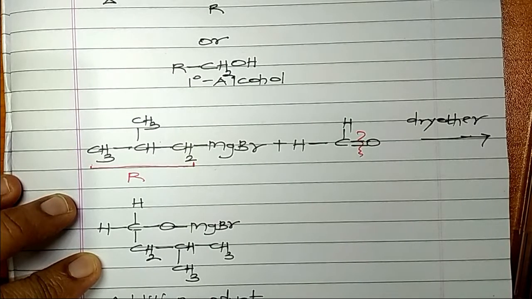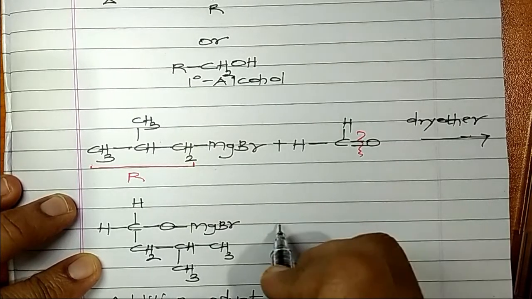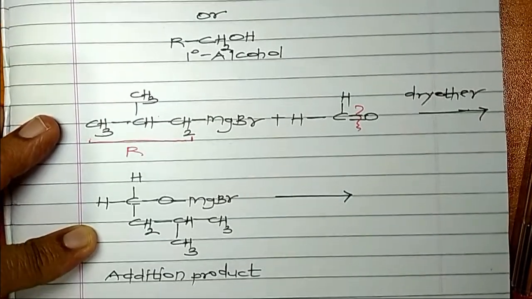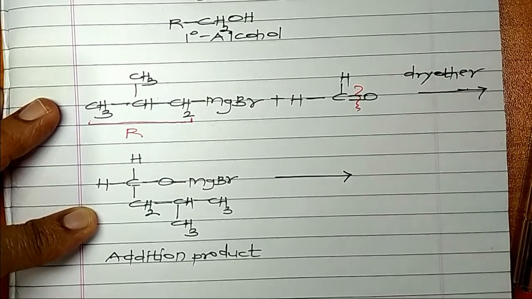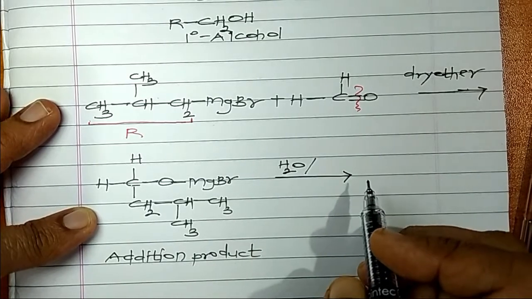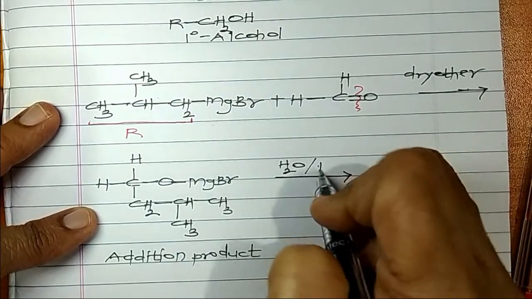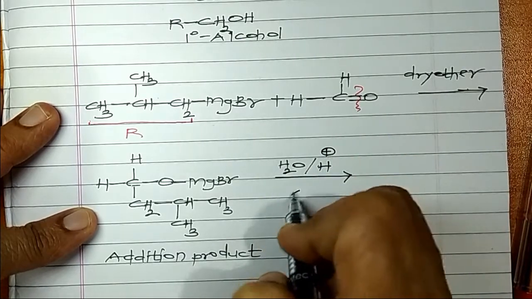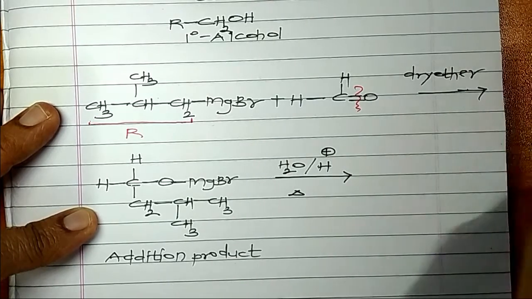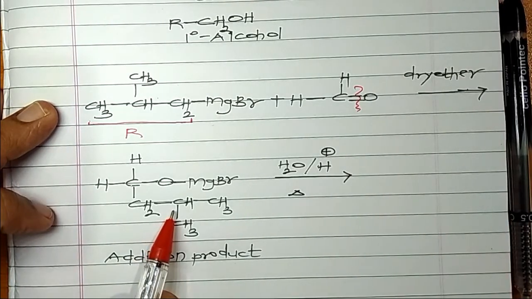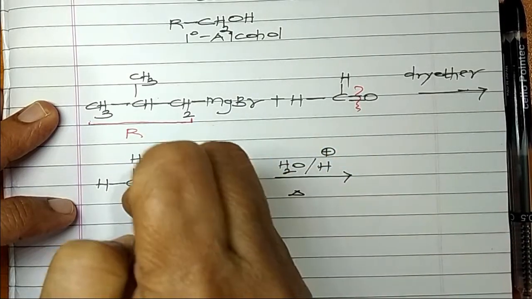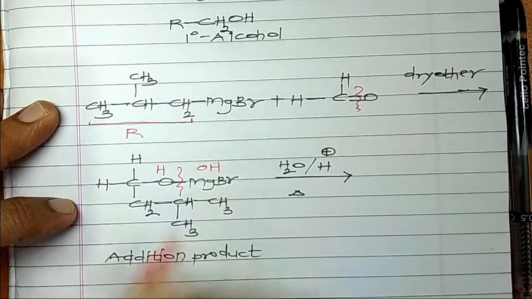What am I supposed to do now? You are supposed to subject this compound to a hydrolysis, which you call acid hydrolysis. We are now going to do an acid hydrolysis of this compound. A hydrolysis is nothing but addition of a molecule of water, acid, so you put H plus, the reaction will take place on heating. Now, how will the reaction take place? We come back to this addition product. Remember the basic logic. The H will go here and the OH group will go here.